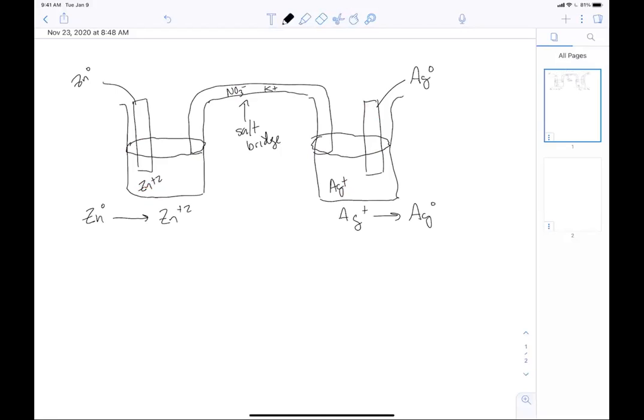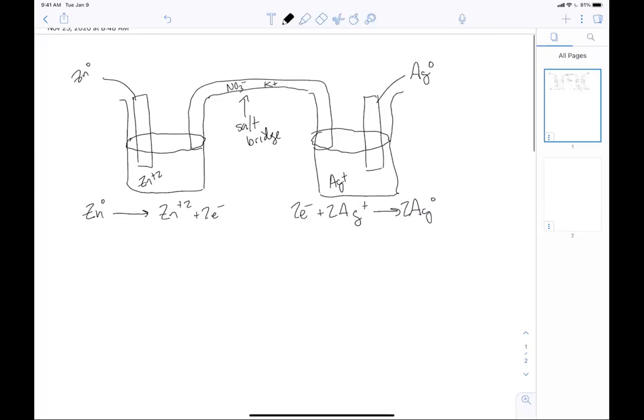These are the reactions we're imagining here. The zinc would shed 2 electrons, and we could pick up those 2 electrons over here. So the overall reaction for this would be zinc plus 2 silver